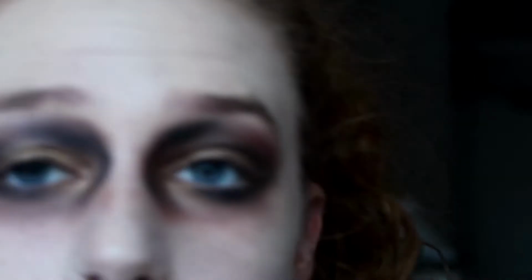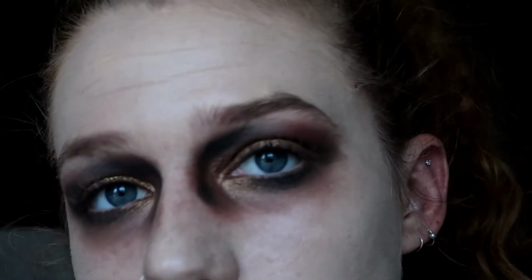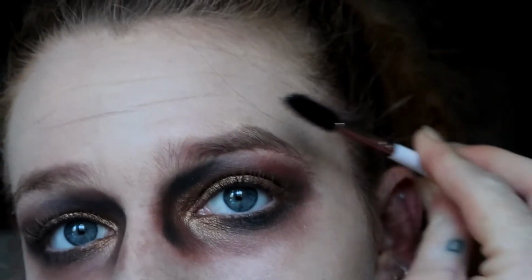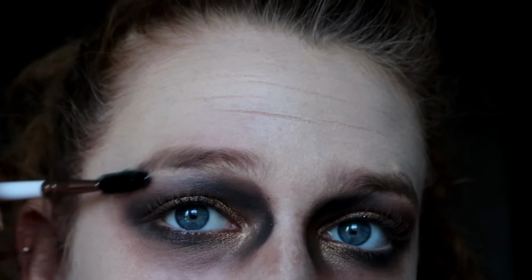Okay, so next up is the eyebrows, and I think this is going to be quite challenging, but I'm going to be taking that excess shimmer cream eyeshadow again. And what I'm going to do is take a spoolie. I'm just zooming out a bit because my camera is really struggling to focus at the moment. For the eyebrows, I'm going to brush my eyebrow hairs down so that most of the pigment of my hair is towards the bottom,